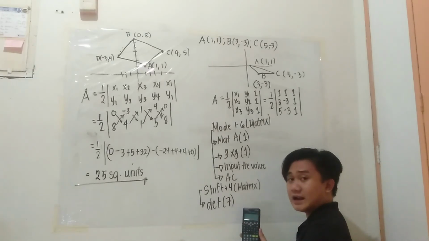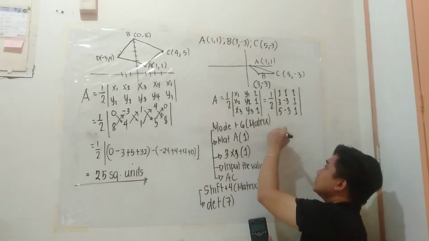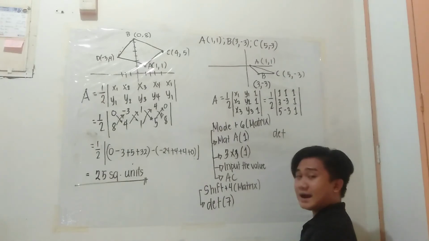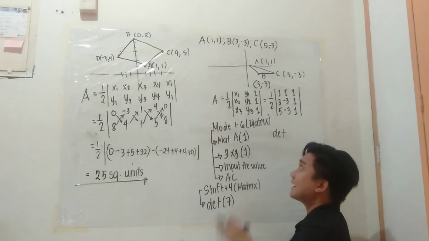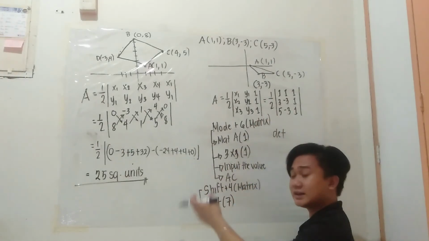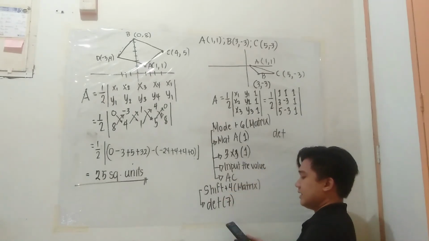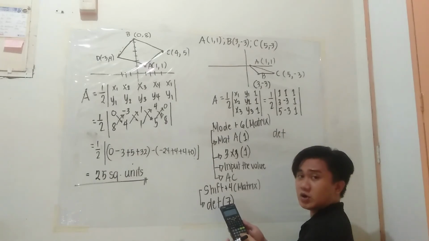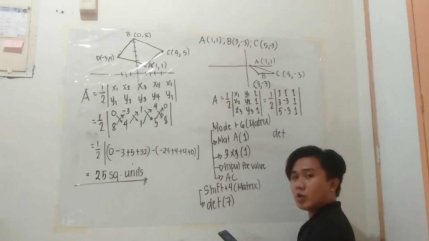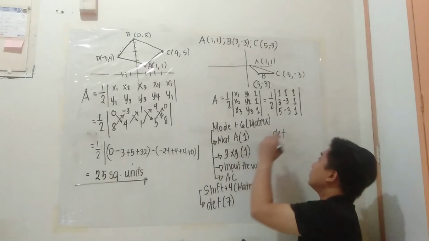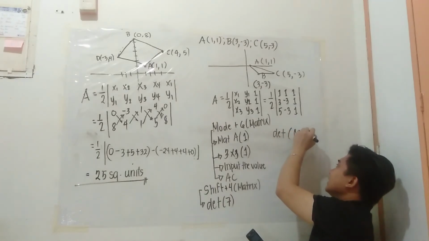And then, lalabas na po yung det sa calcu. Kailangan mo malaman kung saan mo ba nalagay na matrix yan. Di ba tayo ay nasa matrix A? So, shift 4 ka lang po ulit. And then, mat A. So, that's option 3. Kung ang ginamit mo ay matrix B, edi sa mat B yung gagamitin mo. And so on. So, kapag ginawa ko po yun, determinant ng mat A,